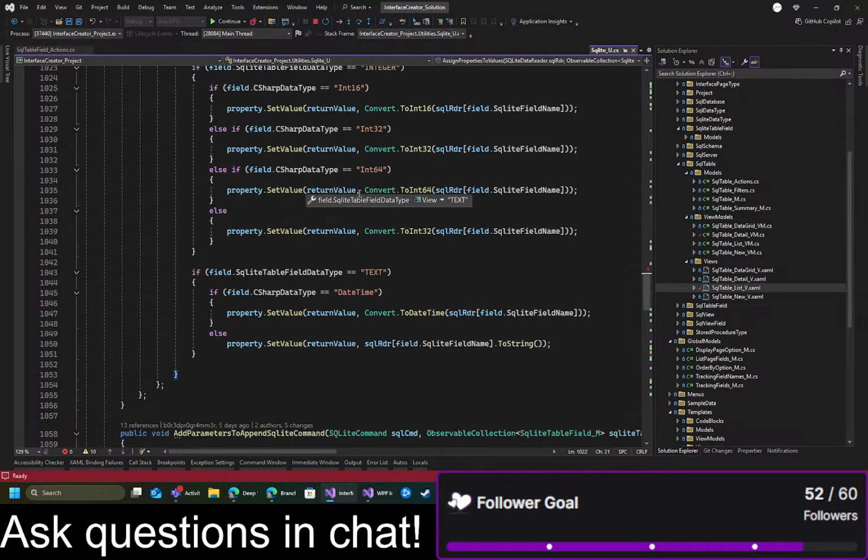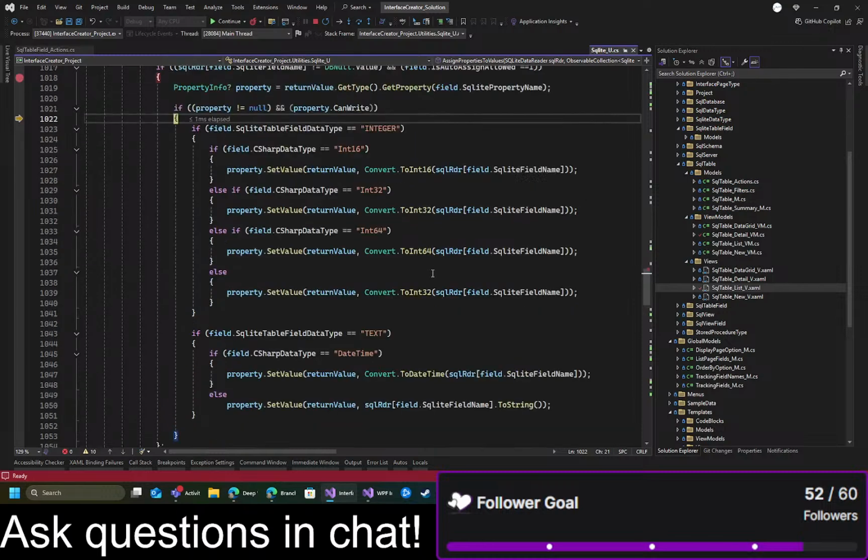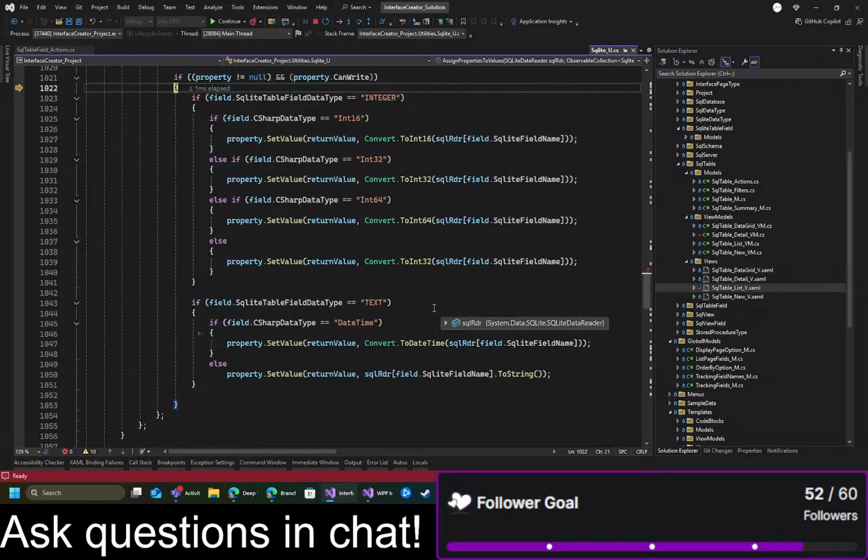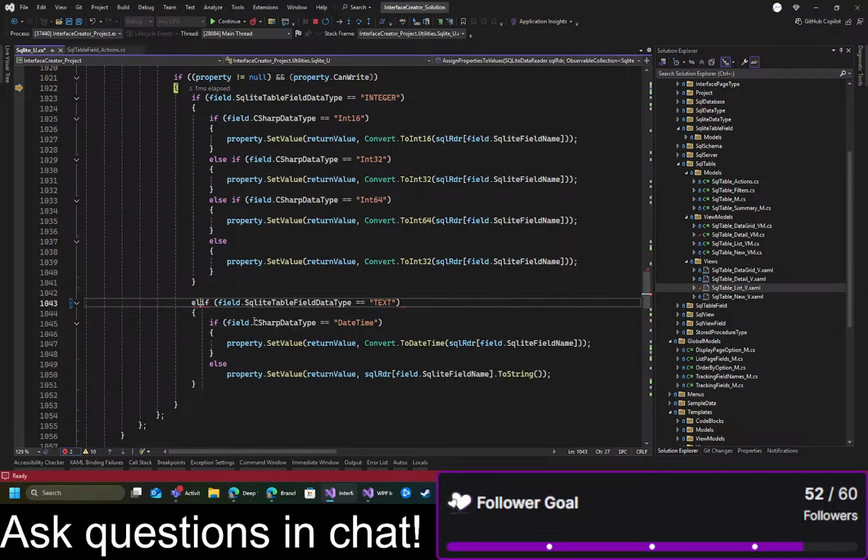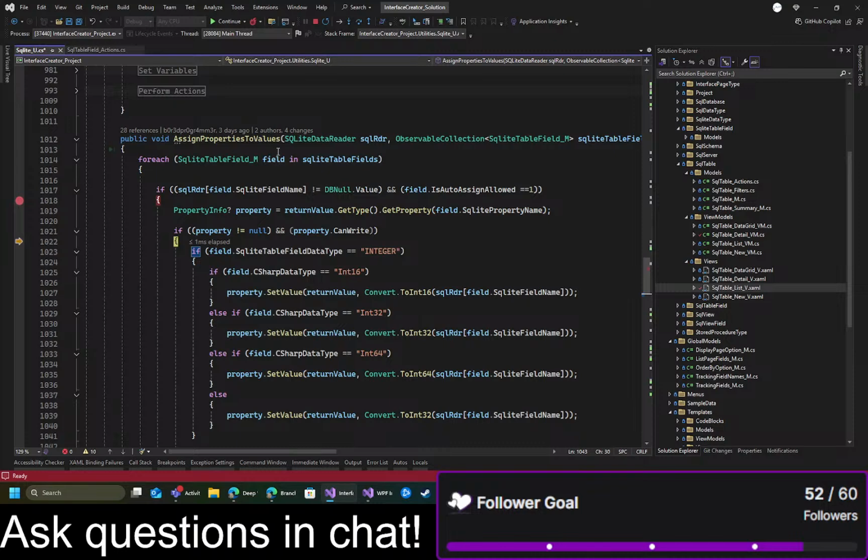So if we do else if, yeah, but this assign properties to values doesn't seem to have error handling in it, because of course I forgot to put the error handling in, which is why it can't convert it. So if the property does not equal null and the property can write,